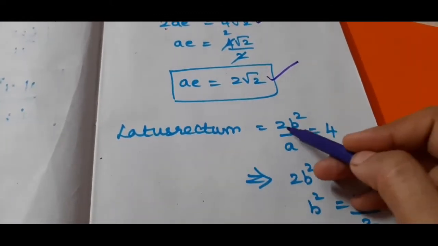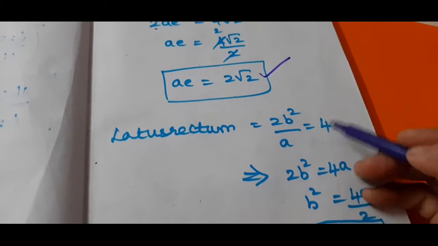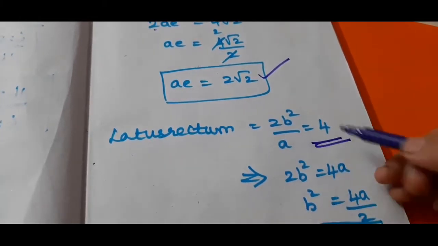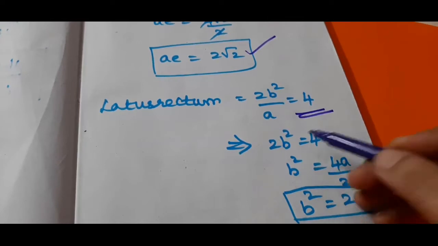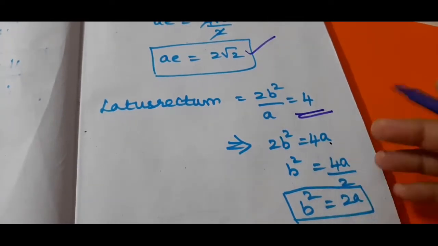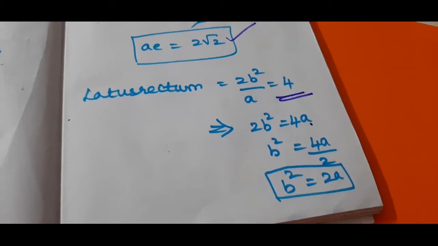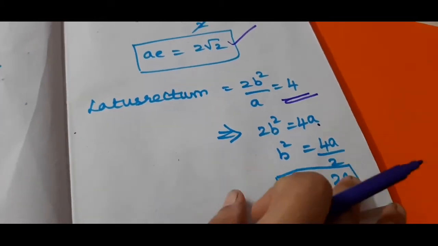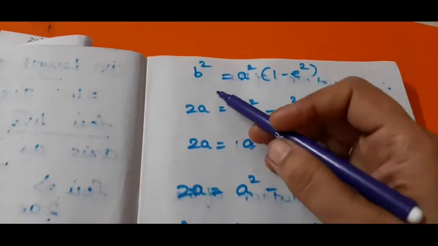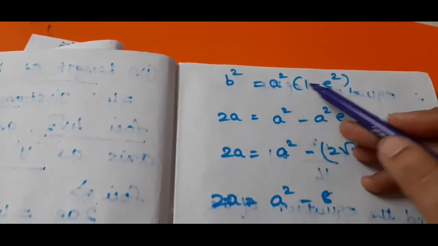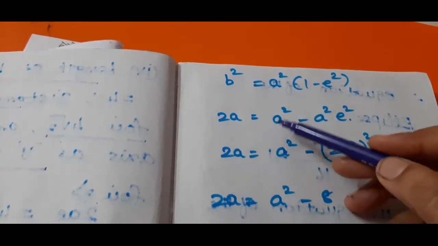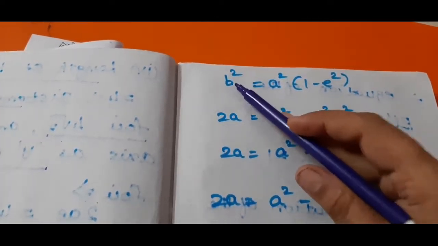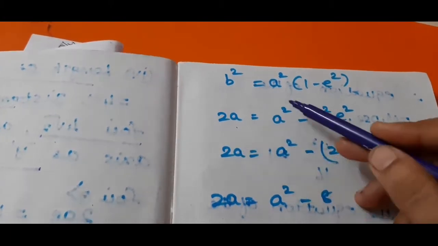The latus rectum formula is 2b square by a. That is given as 4. So 2b square is equal to 4a. So b square is equal to, this 2 I am going to take to that side, b square is equal to 2a. I know that b square is equal to a square into 1 minus e square. That is 2a is equal to, because I got the b square answer as 2a previously,